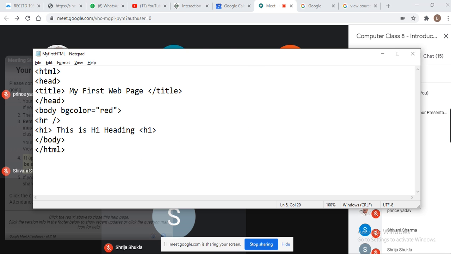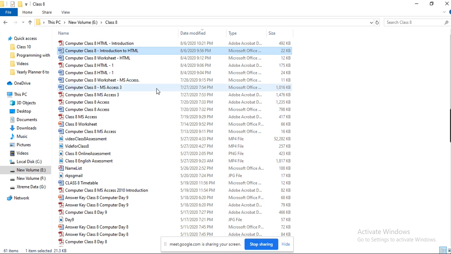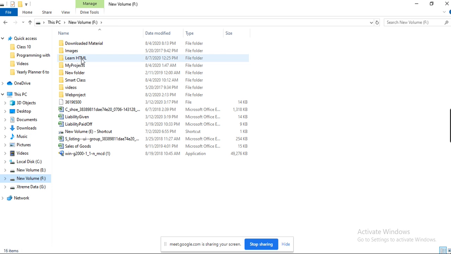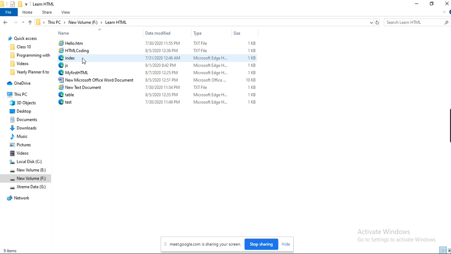This document has been saved in our drive, so let's go to our drive. Over there you can find the folder. In this folder I have saved my first HTML page. You can see that the notepad file is converted into an Edge browser file, the Internet Explorer Edge browser.